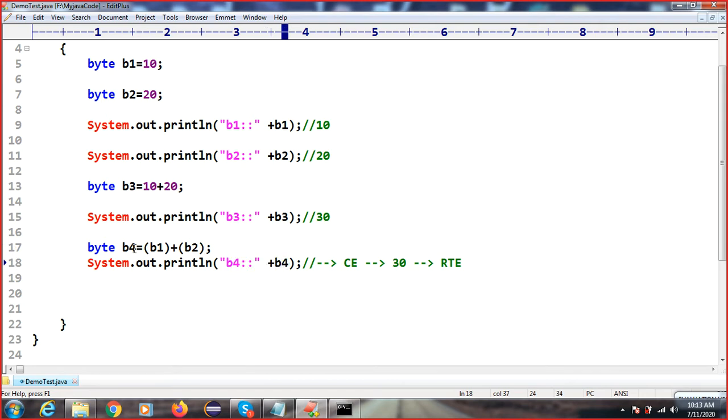You can understand this as b1, b2 and b3. So b4 is one chair. In one chair only one person can sit, but two persons are trying to sit in one chair. Then what will happen? It will be unbalanced, right? That is the problem. The size of byte is only 1 byte and we are trying to store more.